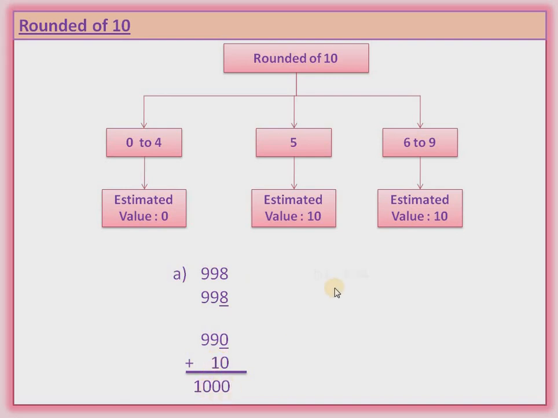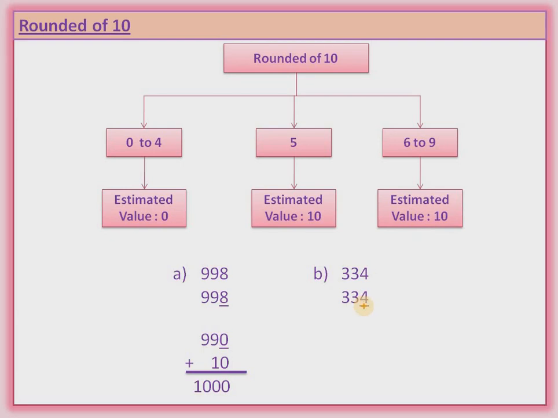Okay, now the next example, you can see 334. Now tell me, where will we put the line? In which digit do we make a line? The last digit, because we are going to round it off to 10. Okay, so we make a line at 4. Now check it. This 4. Before finding the estimated value, I told you